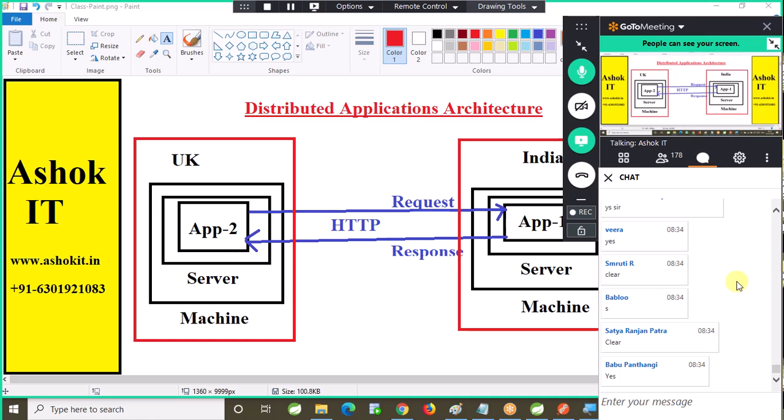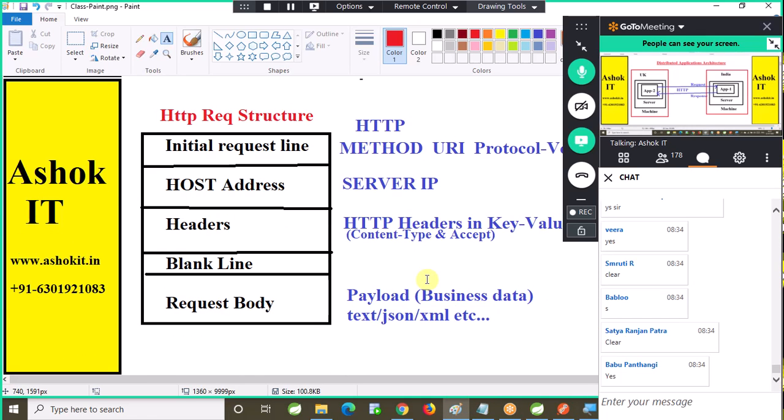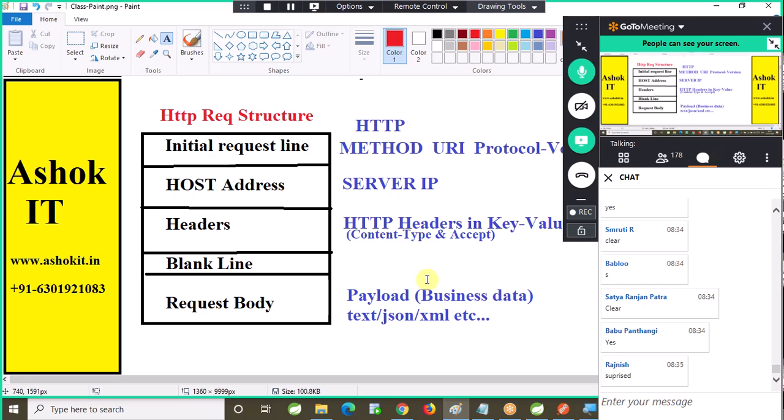Now, tomorrow when you go for the interview and somebody asks you what is an HTTP request, if you explain these details, then what would be the situation in the interview room? 99% of the people who are working also will not know this many details about the request. Definitely they will get surprised. Because very few people know about the internals of this request and response structure.